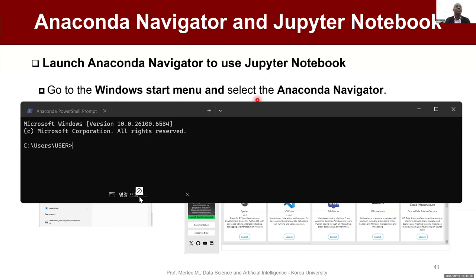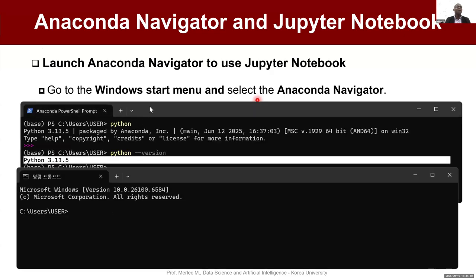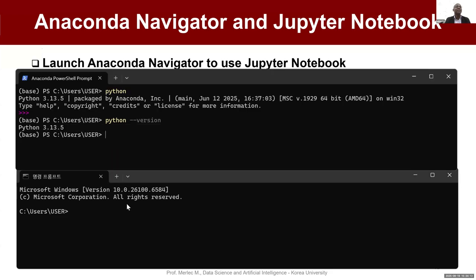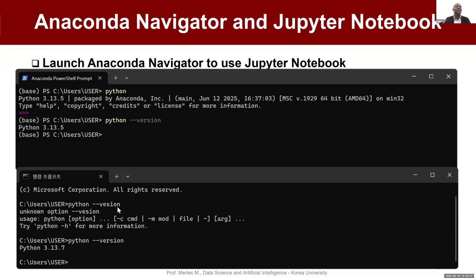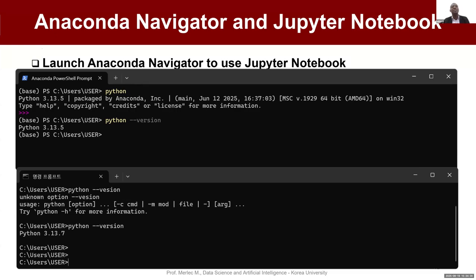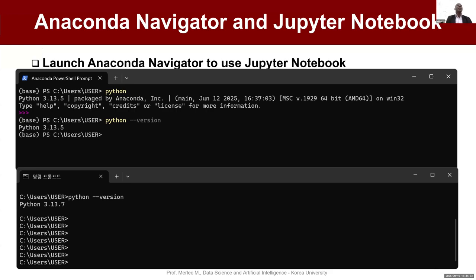This is the Windows prompt. You have two prompts. The one below, you will see even the design is different. Python version. Oh, sorry. Python version. You will see here it is quite different, the version we have installed on Windows and the version we installed on the Anaconda server. But it doesn't matter. The Anaconda server is now released with that version of Python, but they are still the same. So with that said, you can also run the instruction from the Anaconda server Python shell, or you can also